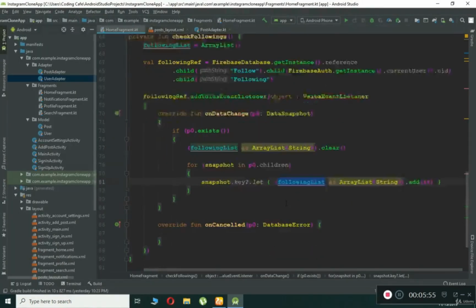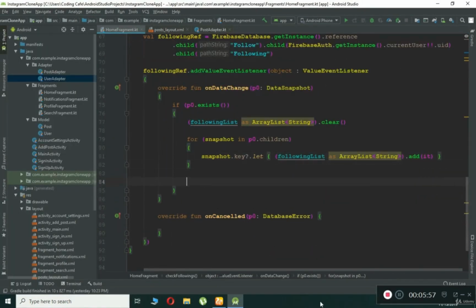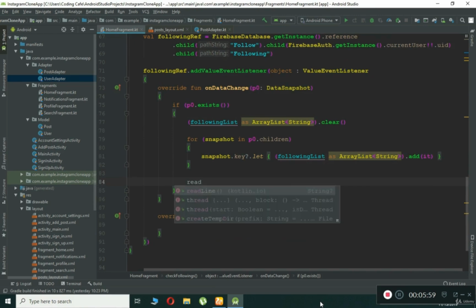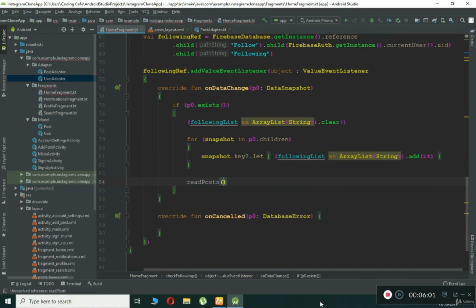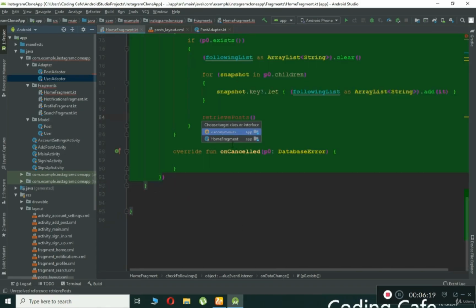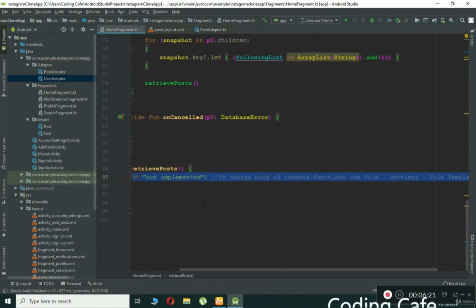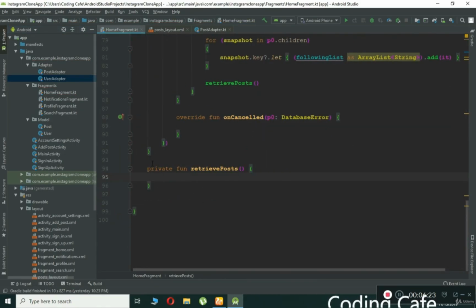So yeah, how can we do that? Now after this for loop, let's create another method by the name read post or retrieve post, whatever name you want to give to it. It is totally up to you. Retrieve all posts, not all, but for the following list, okay? So whatever name you want to give to this function, create the function, and inside our home fragment, make sure to remove the comment, and then in here,